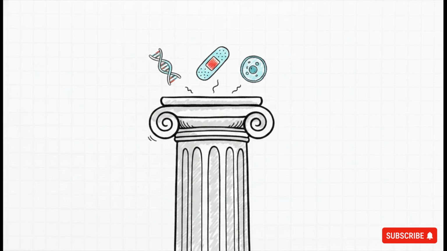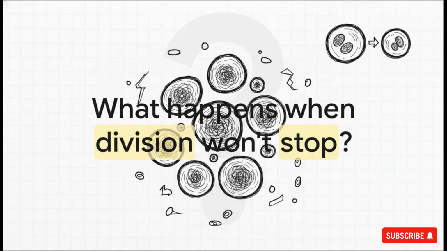Honestly, grasping the distinction between these two processes isn't just about memorizing vocabulary for a test. It is literally a fundamental pillar of biological science. Understanding this difference is the baseline requirement for understanding everything from how we heal from injuries to modern medical knowledge regarding genetics and inheritance. But it also leaves us with a fascinating and honestly somewhat urgent biological question to ponder.